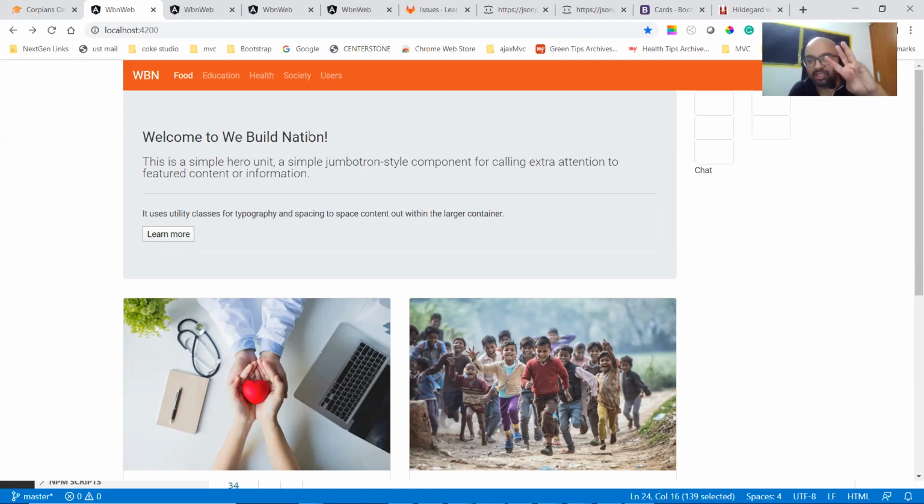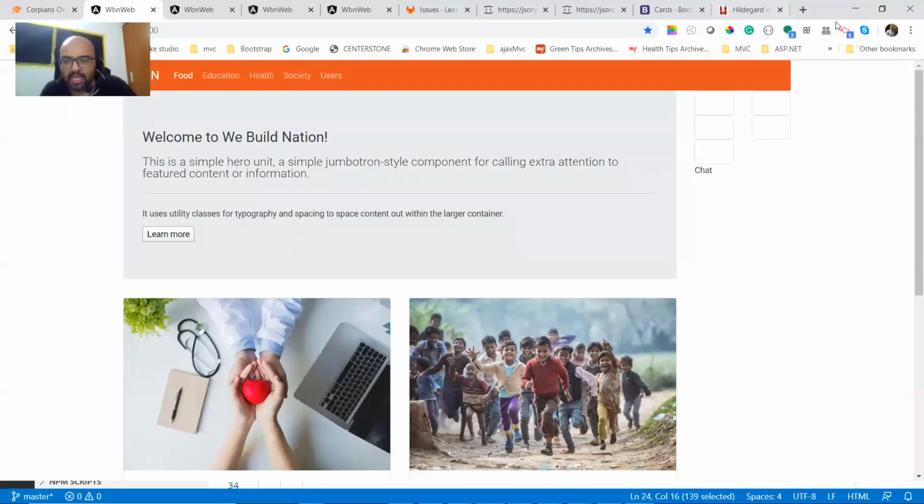Got my point? And the third one is the logo. Pranshu, maybe you can work on the logo part. I know that you are a designer. Some meaningful logo, a logo which we just see and say, yes, this is We Build Nation. But that should be the third priority. Can you guys do these first 2 priorities? Guys, yes or no? Yes, sir.